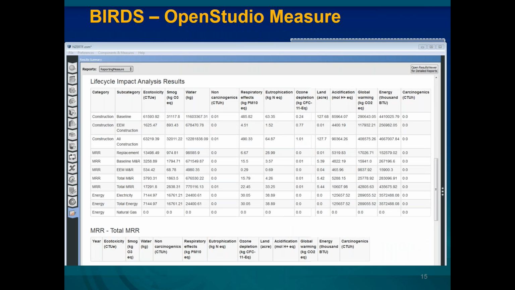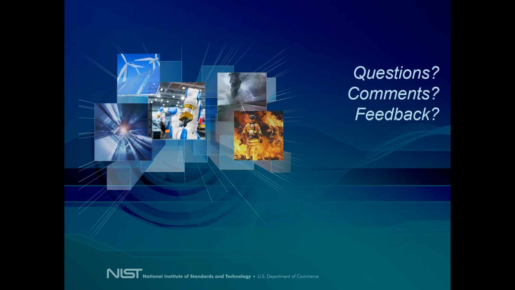You get all the same types of calculations, and actually in this case, we're probably even giving greater detail of the LCIA data than what we do in the BIRDS tool. Because this is more for people that really know what they're doing, really have a specific design they're interested in, and want to get into the details. Where the BIRDS tool is really designed for higher level decision making and informing users, as opposed to allowing an architect or a designer to create their own design and do the same types of calculations as they run their options. So at that, I can open it up to questions, comments, any feedback,